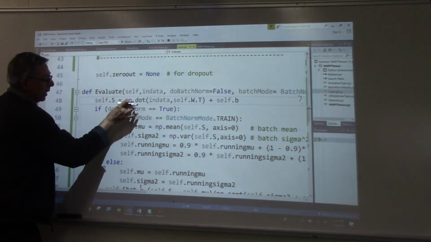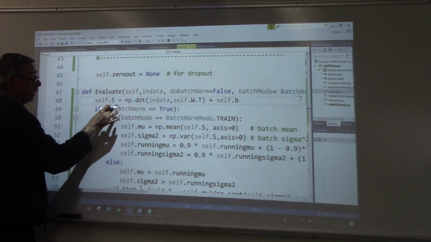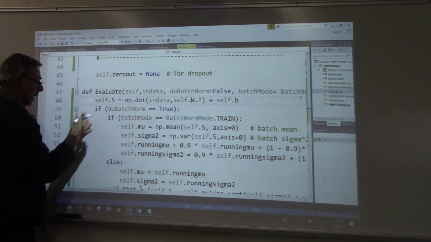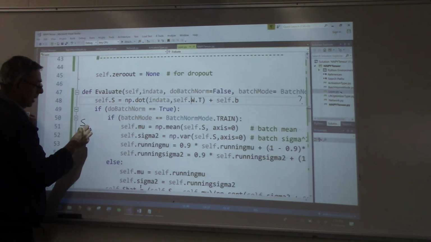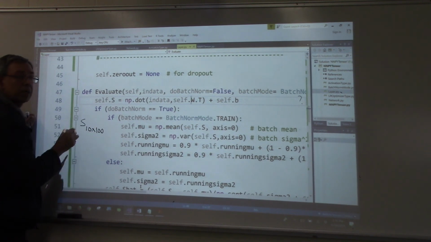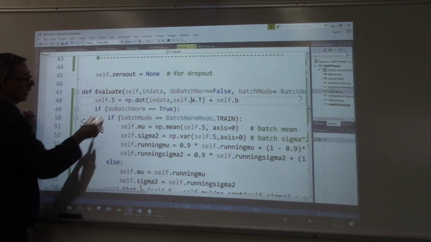Yeah, so let me explain how the NumPy works. Okay, so S will be, as we discussed, 10 by 100. You agree? Yeah, okay. Right? Because this is